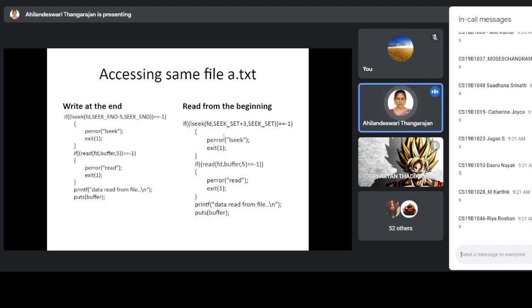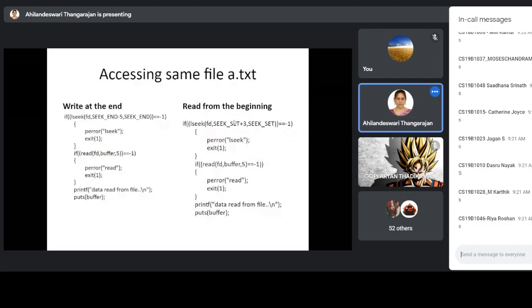Now coming to this part. Here you are moving to the third offset, the third byte. From the beginning, you are positioning the file pointer to the third byte by calling lseek. This line is to move the file pointer to the specified position. So in a.txt, from the beginning, move to the third byte.